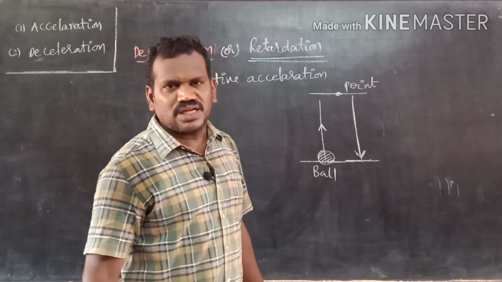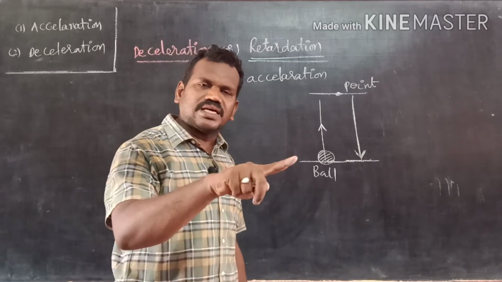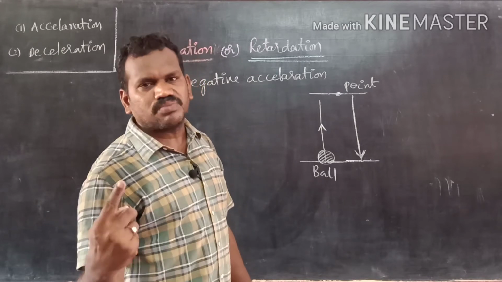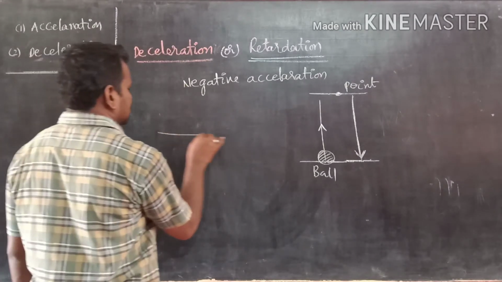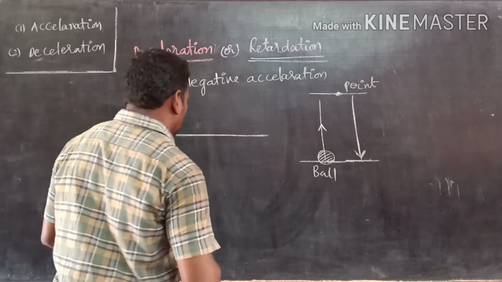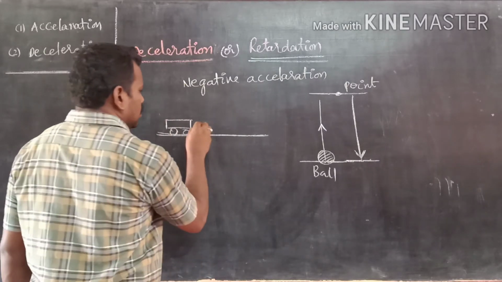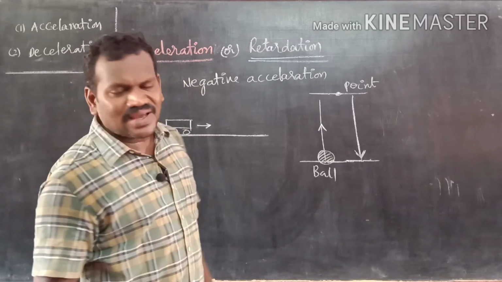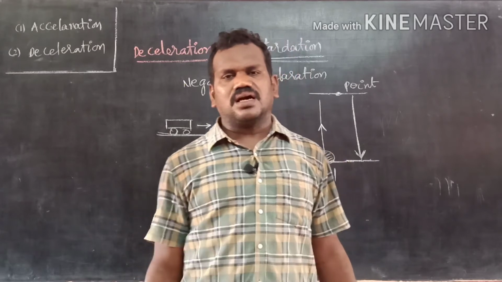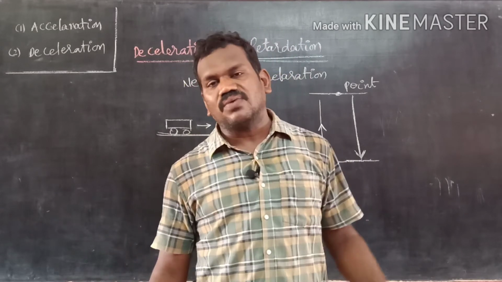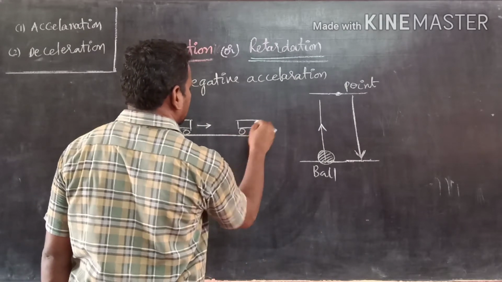That means generally there is a change in the velocity, which may be an increase or a decrease. Let us come to an example. For example, this is a road. On the road a car is there. Here you stopped accelerating the vehicle. The accelerator is stopped. Then what happens? Slowly the vehicle comes to rest.